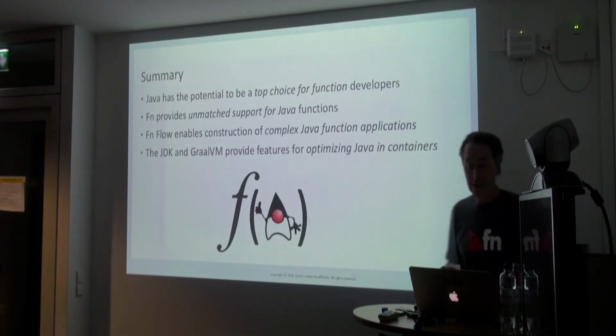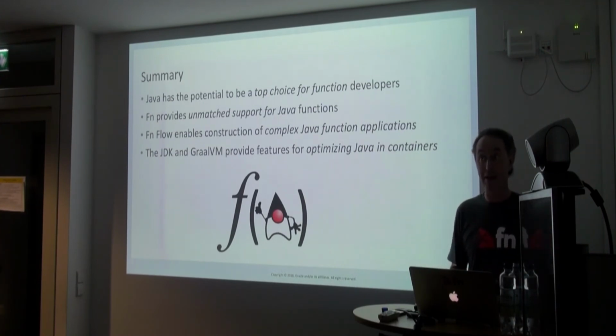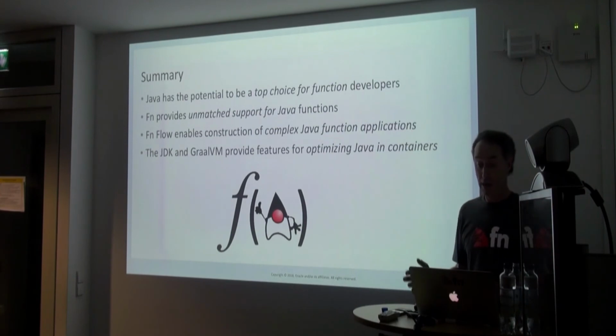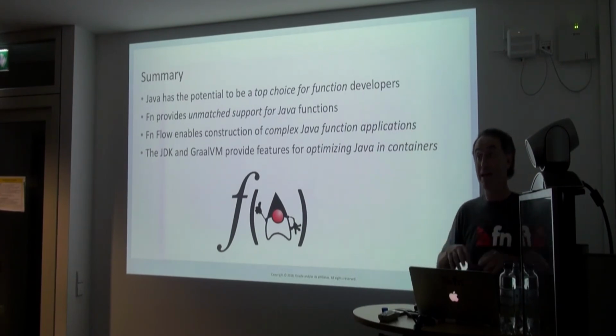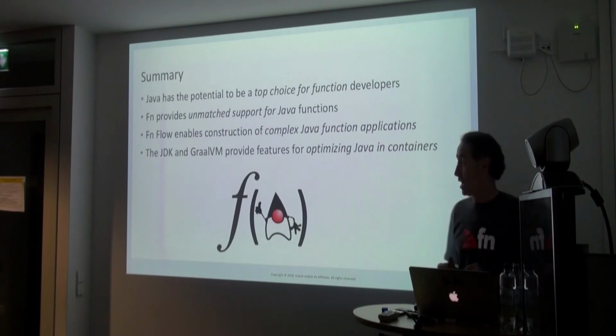So to summarize, I think that Java could be a top potential candidate for writing functions. Like we're using it for writing functions. I think that the barriers for using Java functions have come down. Certainly, our platform is very well suited for writing plain old Java. The JDKs have been improving to run in containers. It all makes sense. Having the ability to build complex apps and doing them with idiomatic Java. Right? So if you're a Java developer, writing complex apps in Java is much better than YAML.